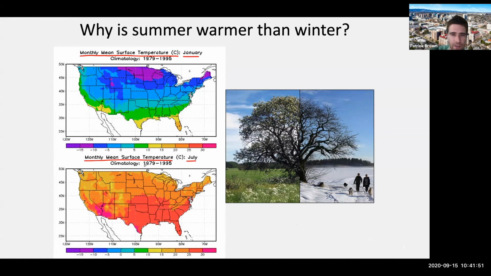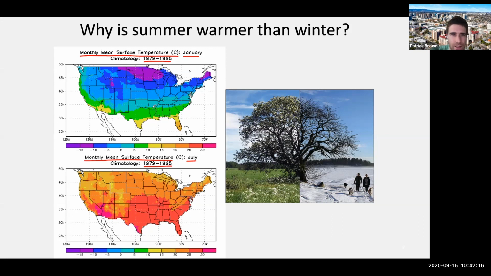That's averaged over 1979 to 1995. So you have to have some long period of time that you're averaging over to get at a climate type signal. These are both on the same temperature scale. And we can see, this is degrees Celsius, that of course it's warmer in the summer